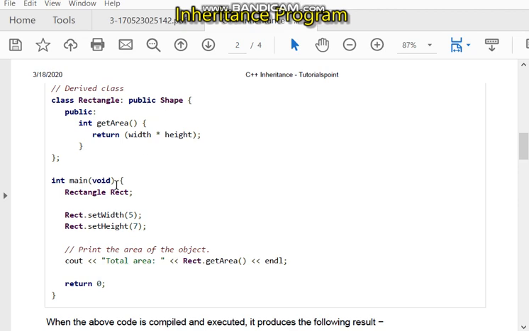Now come to main. Here you can see that in the main section we have declared an object rect of the type Rectangle. Now we are passing some values here, or we can say that we are calling the setWidth member function with the help of this object, rect.setWidth. यानी हम रेक्ट ऑब्जेक्ट के साथ सेट विड्थ का मेंबर फंक्शन कॉल कर रहे हैं। नाउ आप देख सकते हैं कि ये जो सेट विड्थ का मेंबर फंक्शन है और सेट हाइट